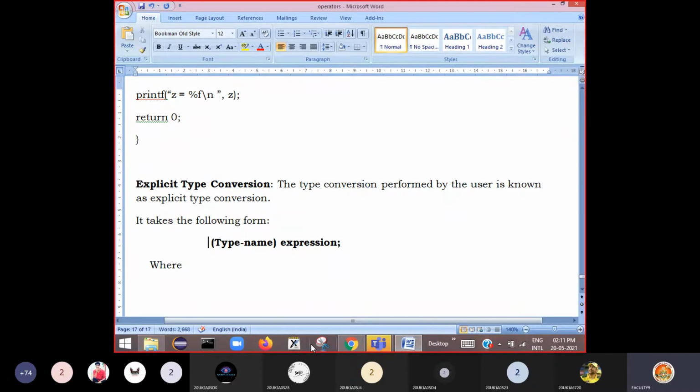Here, type name is one of the standard data types. Any standard data type you can specify in place of the type name.